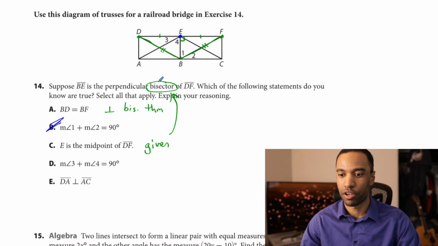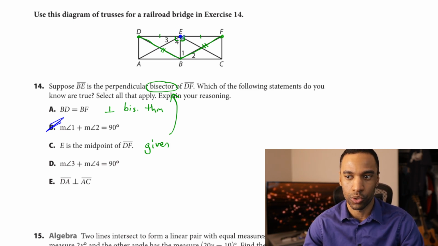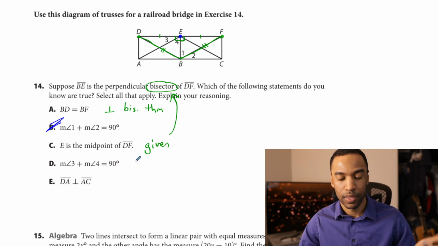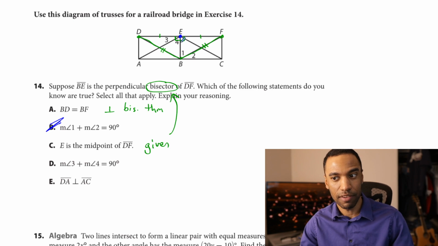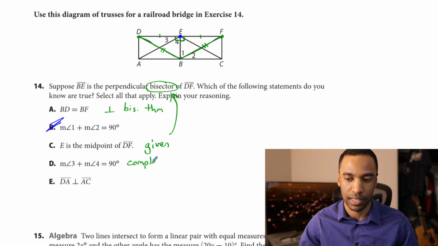Measure of angle 3 plus measure of angle 4 equals 90 degrees. This one is true. If this one's 90, it doesn't matter which one I drew. If this one's 90, this one's 90 as well because it's perpendicular. Once again, it's kind of given. It's given that it's 90 degrees, but this is because these are complementary angles based on the given. So these are complementary